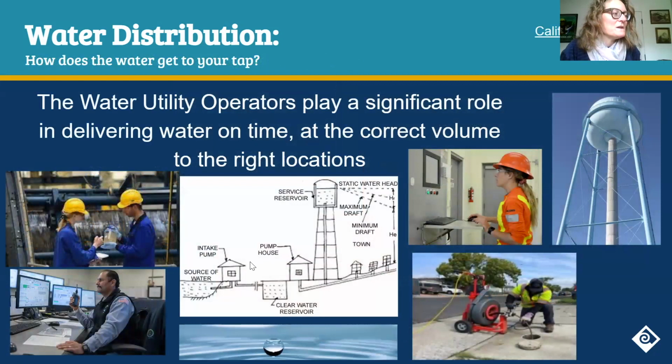So we work on that water and what systems. We have a lot of automated computer systems that get the water from point A to point B, and making sure it's stored well and making sure that those storage tanks are doing their job. We have to have pump stations a lot of the time to get the water from low pressure areas to your taps, and making sure that there's enough pressure in your pipes so that you don't end up with the surrounding dirt and other water getting into your pipes. So it's a lot of really important work that happens to get that water safely to your tap.